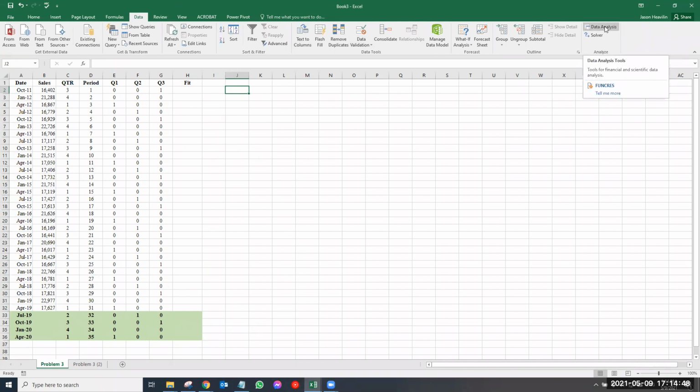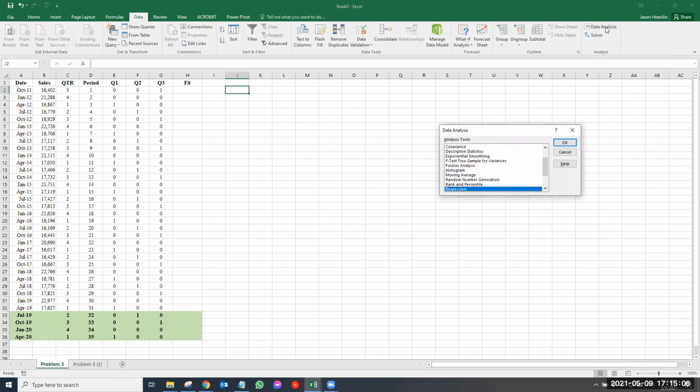Now, if your Excel does not show data analysis, there is another link I will provide with instructions on how to add data analysis to your Excel. It's free, you just have to go through the Excel options to add this here. So once you have it, you click on data analysis,